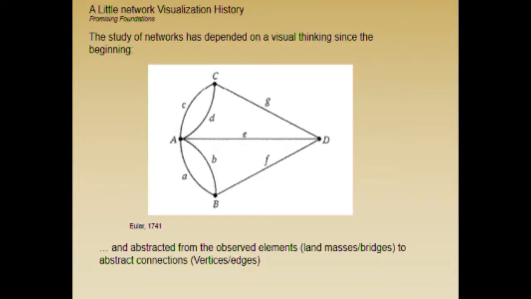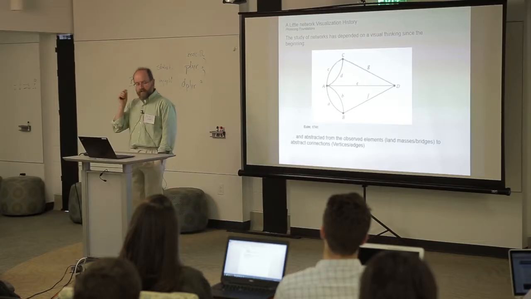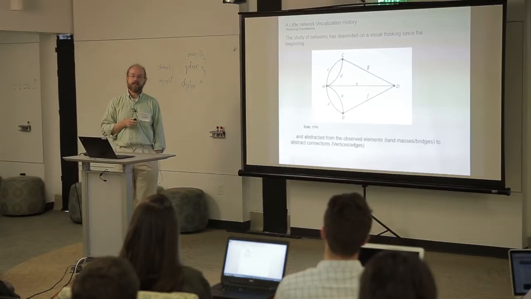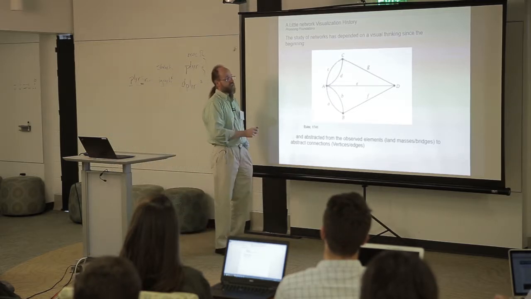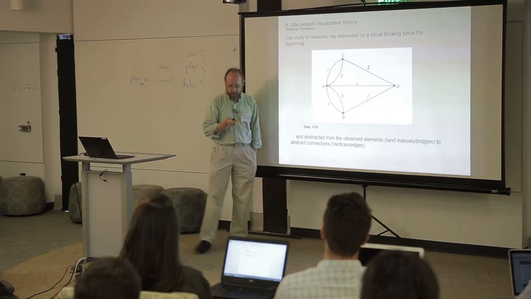So you abstract from the island and bridges to nodes and edges. In this case, it's a multigraph. And it turns out that you can't possibly get to this spot without going over two bridges simultaneously. So this was part of the original instinct behind network analysis and network modeling, and the idea of a graph for representing something as an abstraction of something that's real.